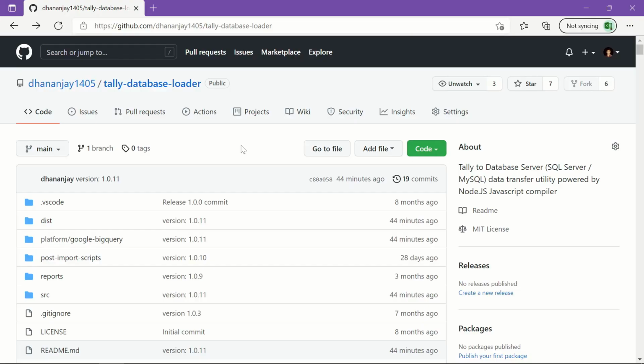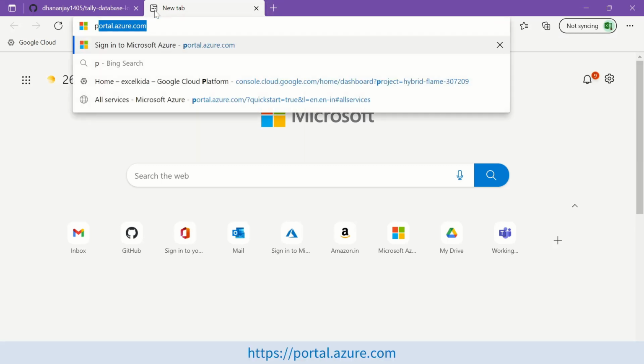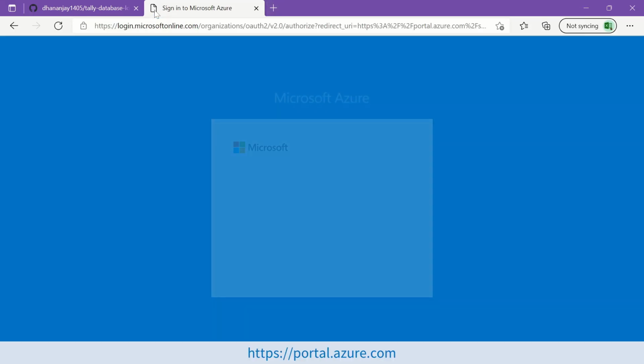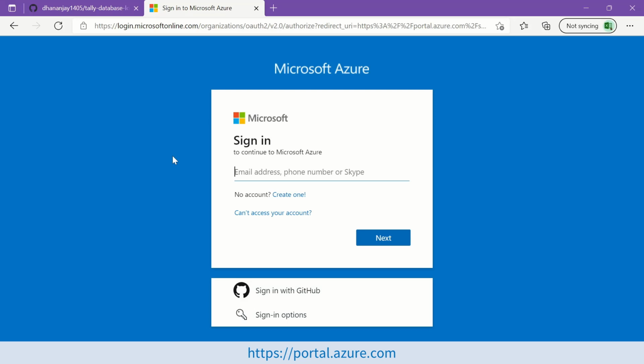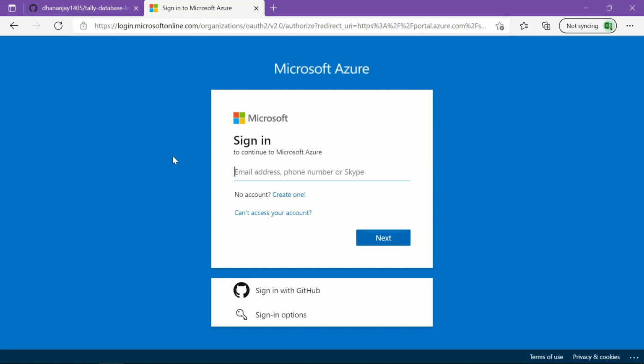Let us first log into the Azure portal. So I will launch one more tab and go to a website called portal.azure.com. So first time you will have to sign up for a free Microsoft account. Okay. And then you will have to link your credit card. And don't worry, Microsoft would be just deducting 2 rupees and again crediting it back just for verification.